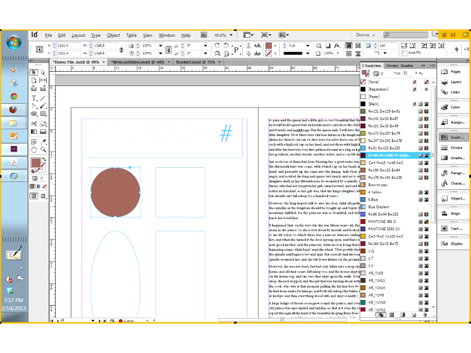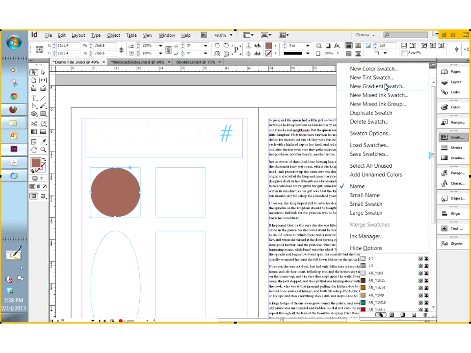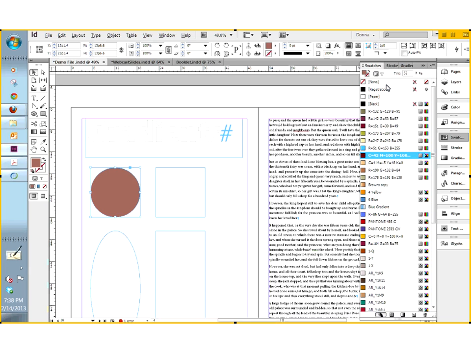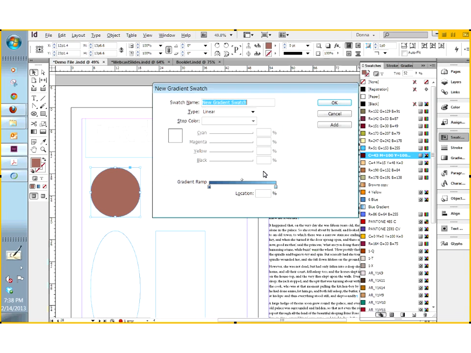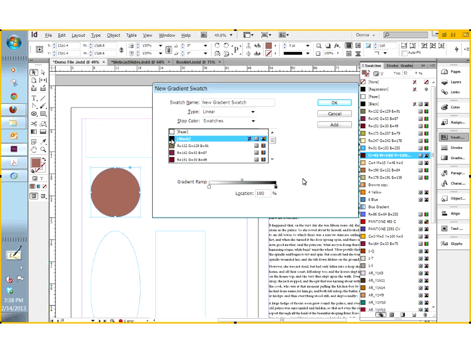And we can create a gradient from our swatches panel very simply by just choosing the swatches panel menu and then choosing New Gradient Swatch. And because I worked with a blue swatch earlier, that's what it's defaulting to. But normally what you will get is a white to a black